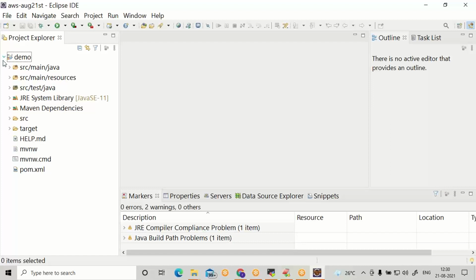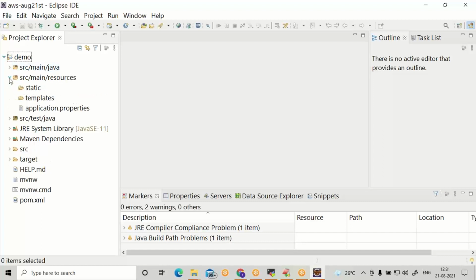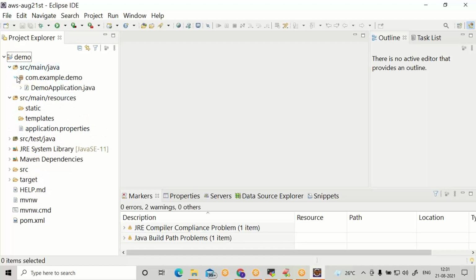Let us develop one simple REST web service. Already you know very well about REST web service. No need of changing the port number.